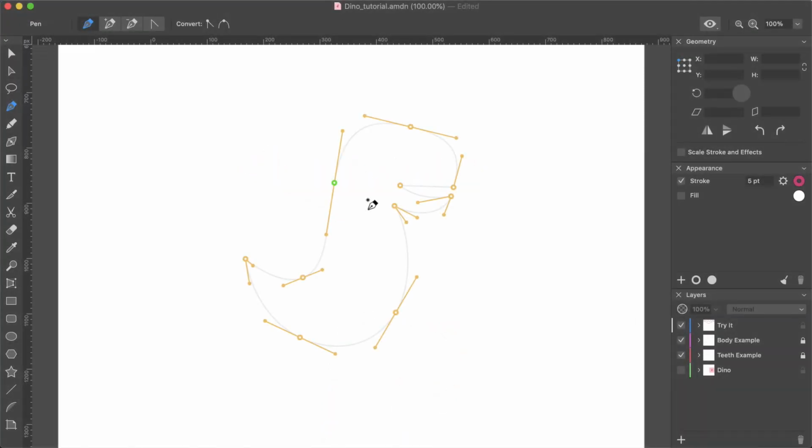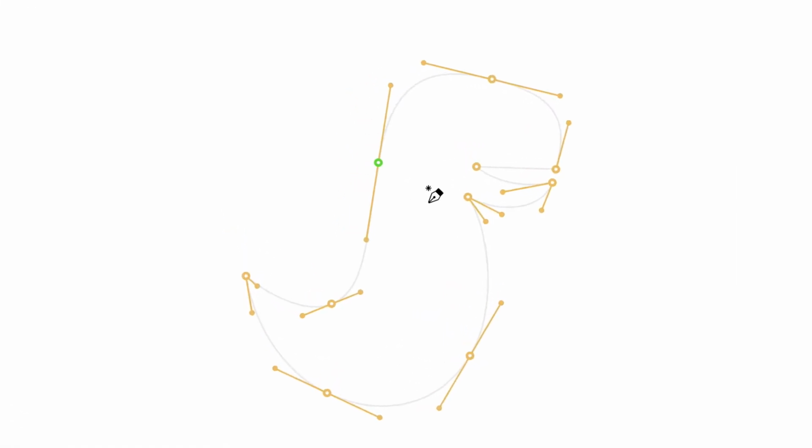Let's get back to the document and try to draw something more complicated. In our second exercise, we will trace the dinosaur's body. The path that forms consists of a number of smooth and corner points. We added several auxiliary lines to the drawing so that you can understand the process more easily.